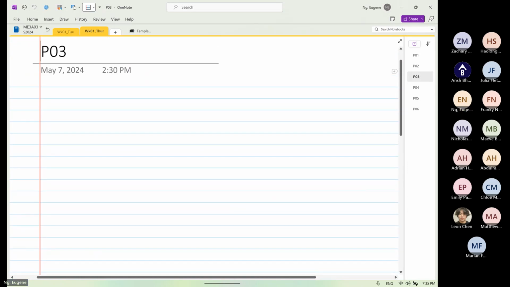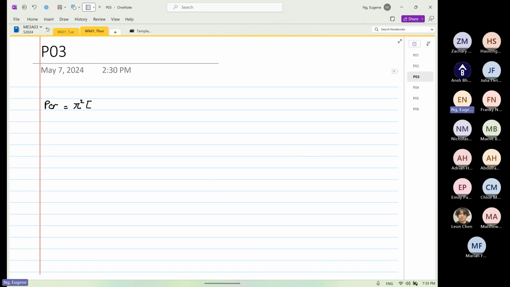this formula over here, where we have PCR is equal to pi squared EI over L squared. This is your PCR. And then your critical stress is pi squared E over (L over R) squared. These two formulas are only valid